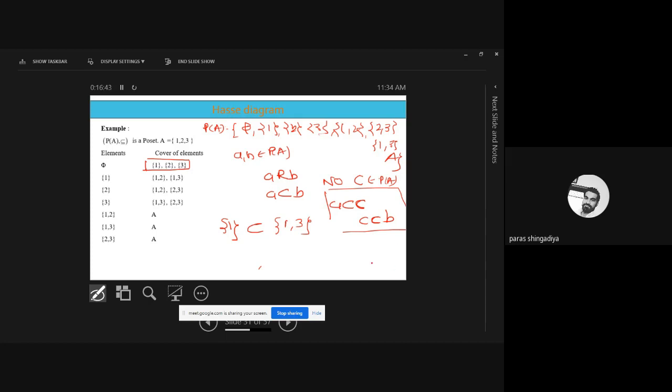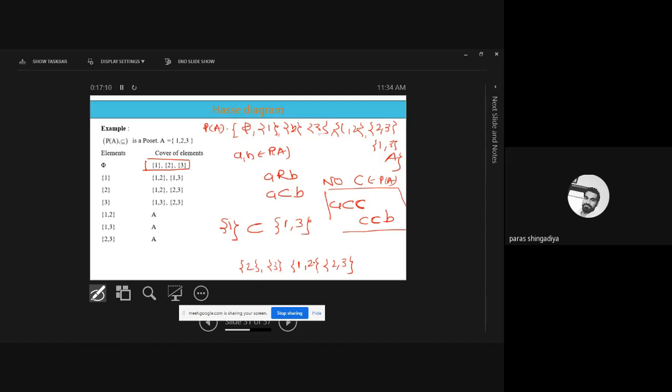Okay, which 4 pairs? As you already checked, {2} and {3}. Okay, let's repeat it here. {2}, then {3}, then {1,2}, and then {2,3}. Clear? These are the 4 pairs as choices for the C. But let's check which is the possible answer for the C. So first start with {2}. So {2} is not a possible answer for the C. Okay, {1} subset of {2} is incorrect. And {3}, {1} subset of {3} is also incorrect.